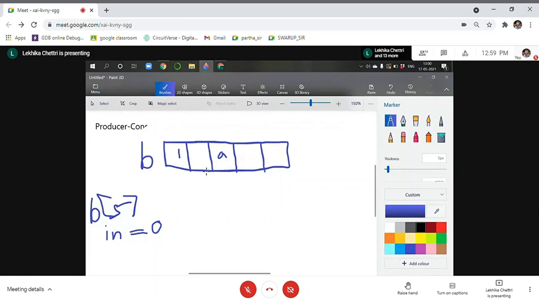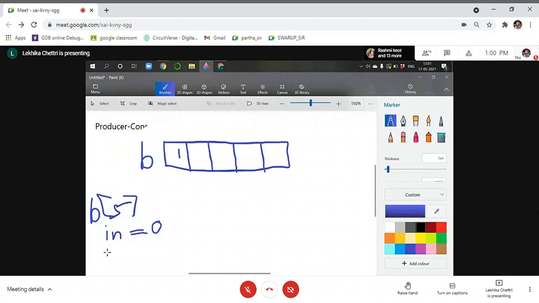What do I need? I need the next free location. A should not be stored here, rather A should be stored here, because if you store randomly, you'll also have to implement a searching algorithm. We do not want to make it complex, we want to make it as simple as possible. So we look for the next free.